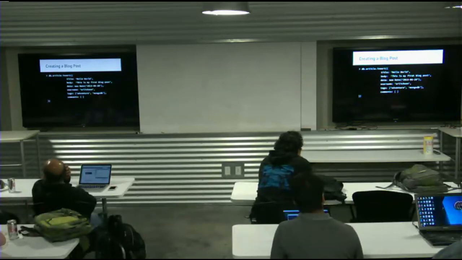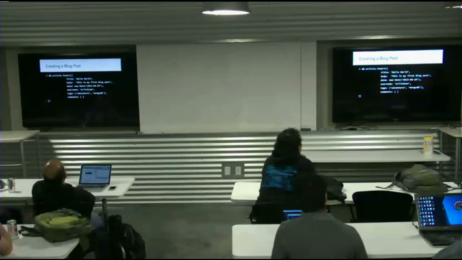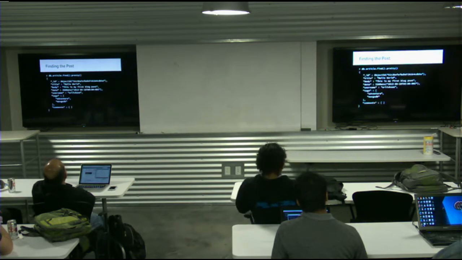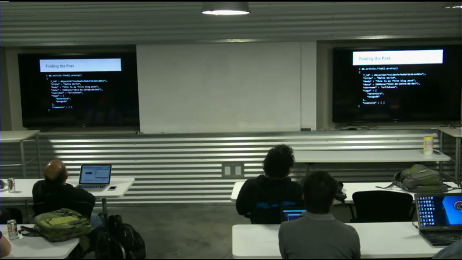And tags is just an array here of strings. But it could be an array of anything, or it could be an array of embedded documents, right? Embedded JSON objects. And then I've got an empty comments field here too, so I can add some comments later. But again, that doesn't really have to be there because you can add that field in later if you need to. So now if we go ahead and pull this back and just do a simple find, we'll get the article we just saved into the system as it would print out from the shell.